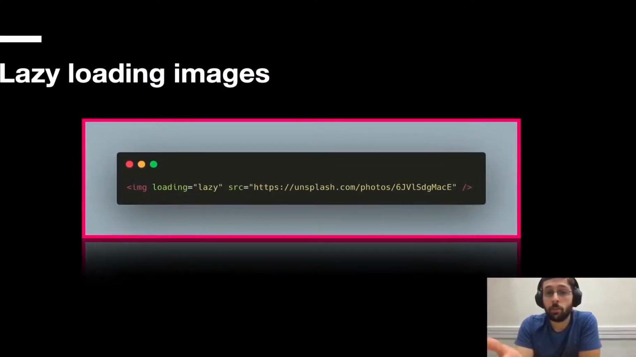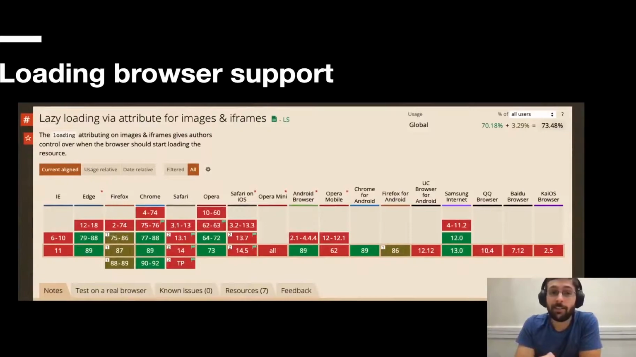In case of images, we can use the native attribute loading, right? Setting this to lazy is going to lazy load the image automatically. Obviously, this is not yet supported by all the browsers. For example, Chrome, Opera, Edge, and some versions of Firefox support it, but for others, for example, IE, Safari, Opera Mini, and others, we have to implement some workaround or polyfill like this one,